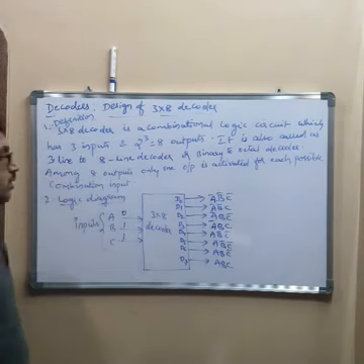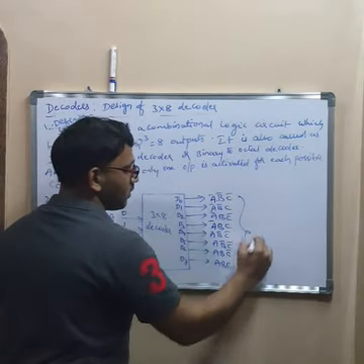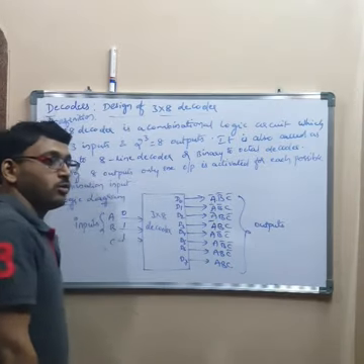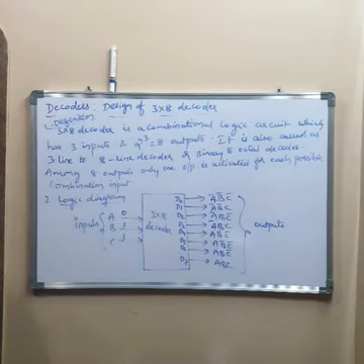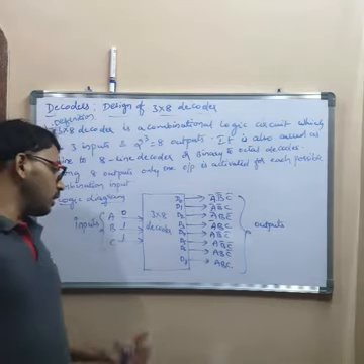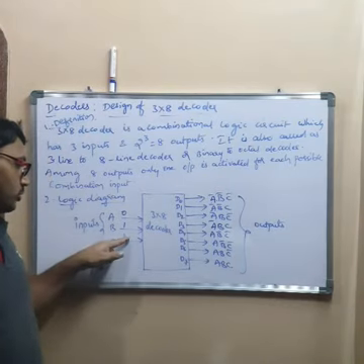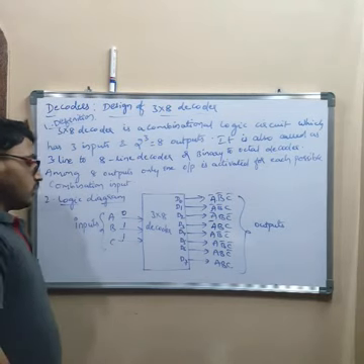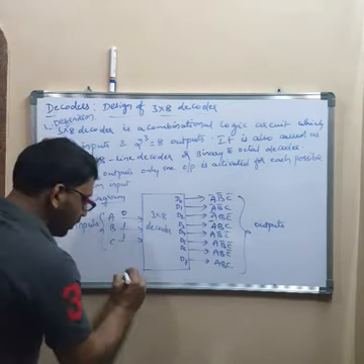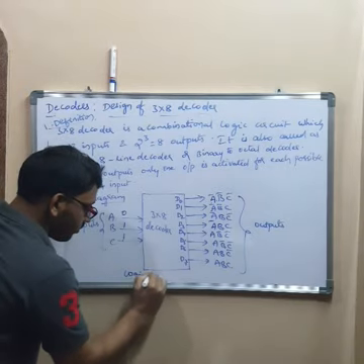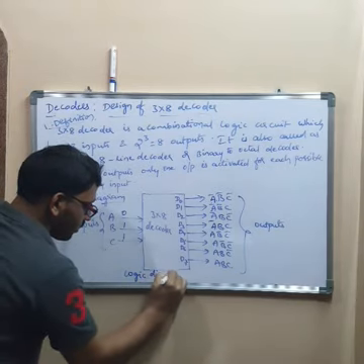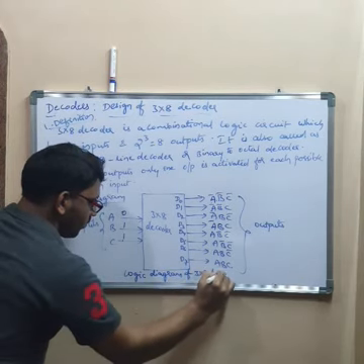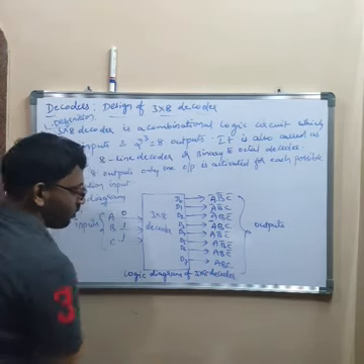Right? So these are outputs. In the outputs there will be minterms. Among all these minterms, only one minterm is activated for the applied input combination at the input side, right? So this is the 3 into 8 decoder block diagram or logic diagram of the 3 into 8 decoder.